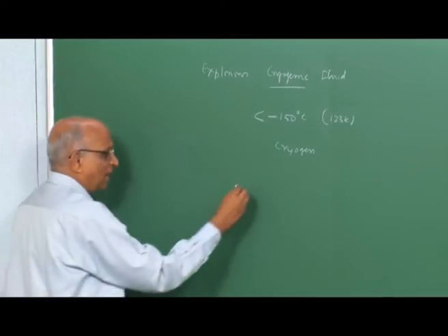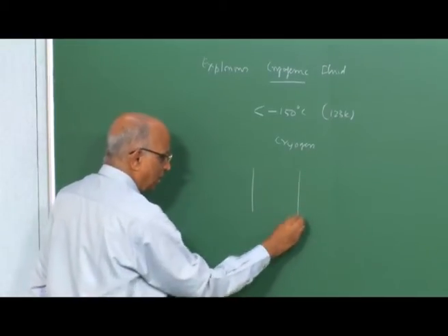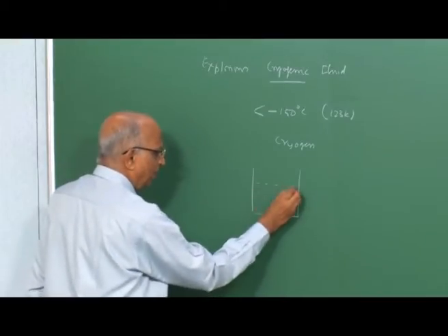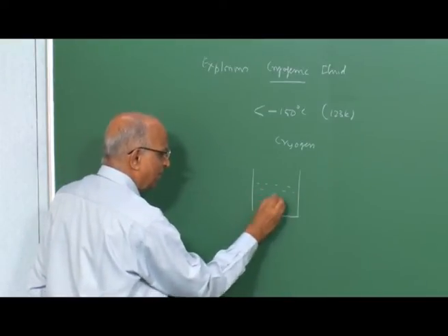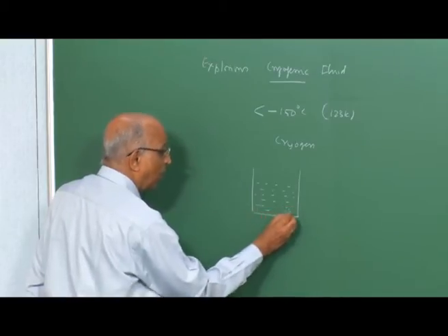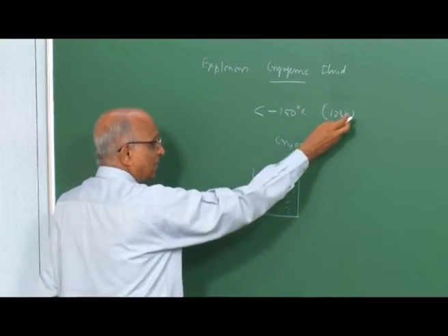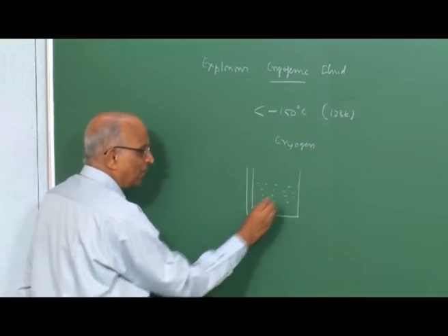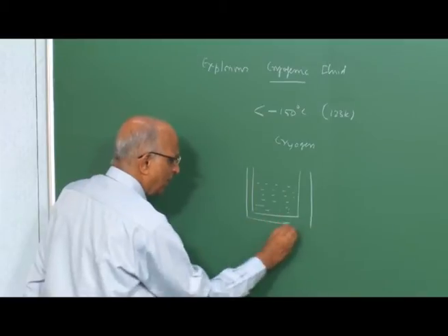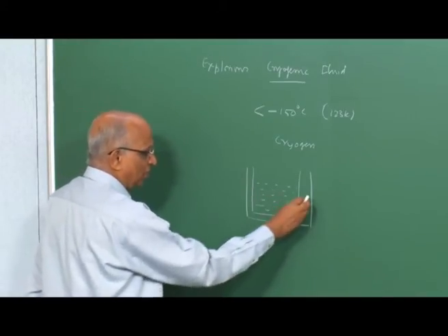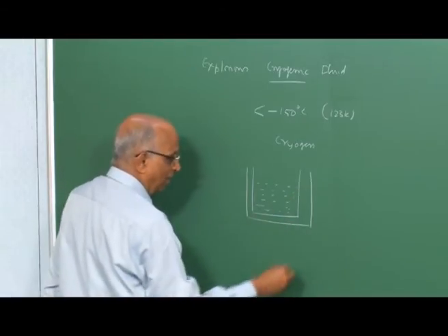Let us say I want to keep a cryogen in a storage vessel. Apparently, this is the cryogen, and we say cryogen is a low temperature fluid. That means its boiling point under atmospheric conditions is less than 123 Kelvin. Well, the vessel has to be very well insulated. Let us say it is insulated using a double wall construction with vacuum, or with